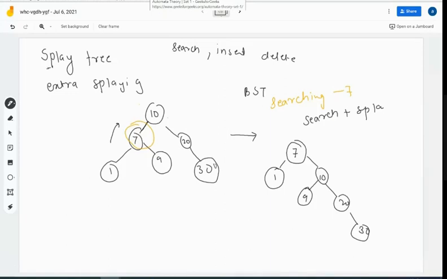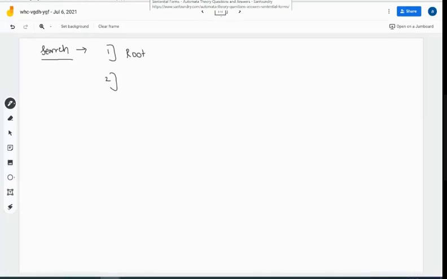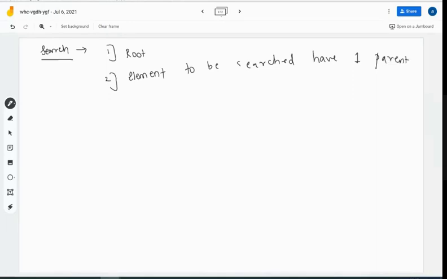So this can be a scenario. The second scenario can be the element to be searched has one parent, but no grandparent.